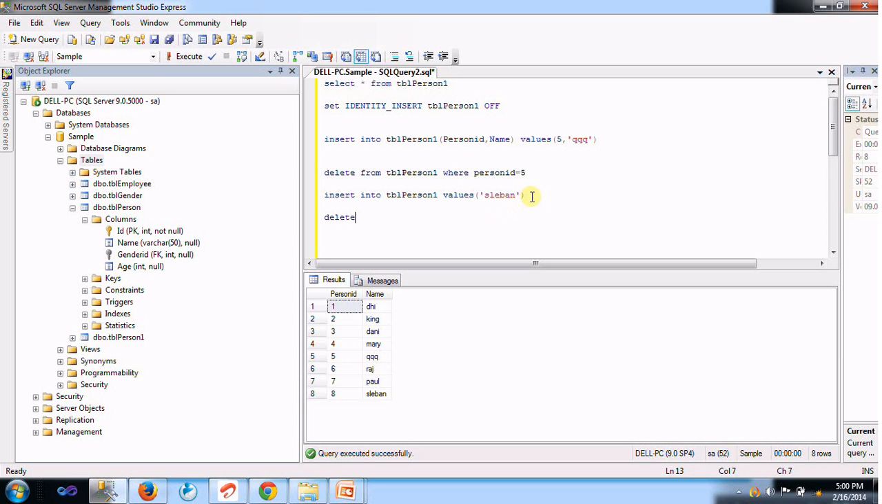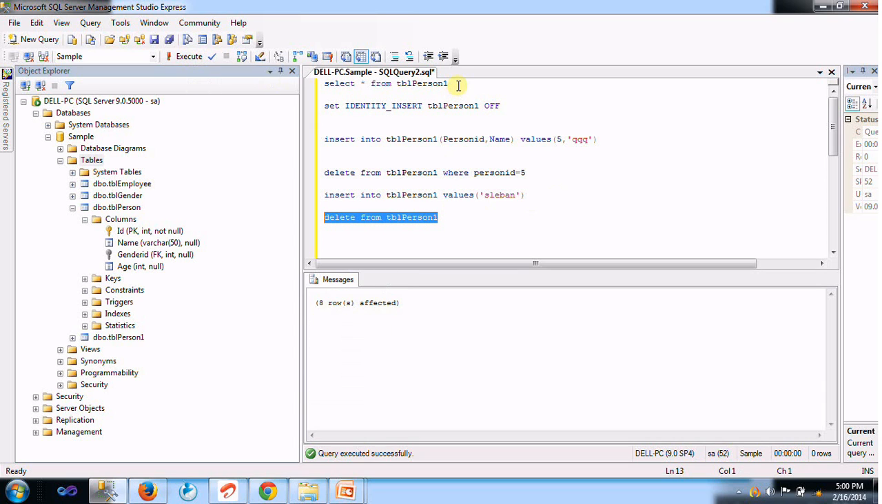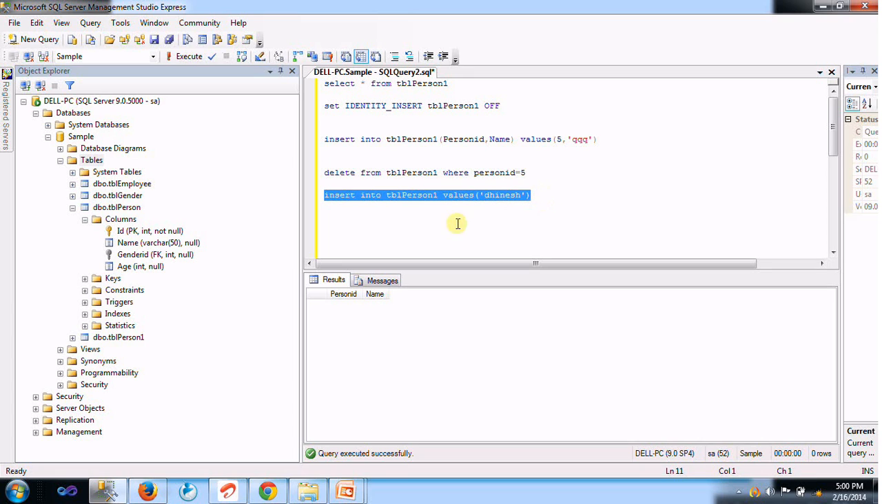And the next, if you delete all the rows from your table, tbl_person1, delete from tbl_person table, 8 rows affected, and select your table. Okay, and now you try to insert a new record into your table, what's gonna happen? Now you try to insert a new record, which is my brother's name,